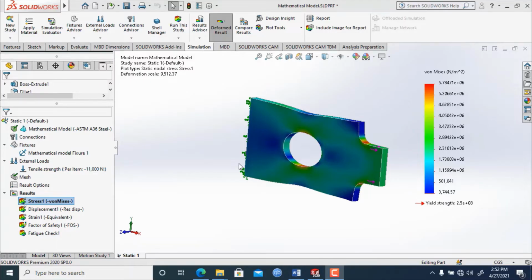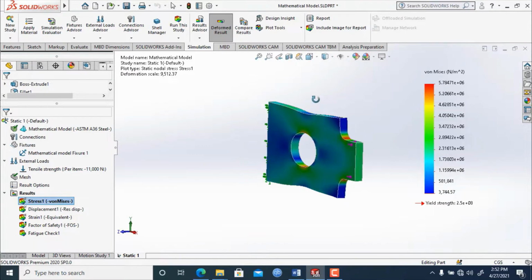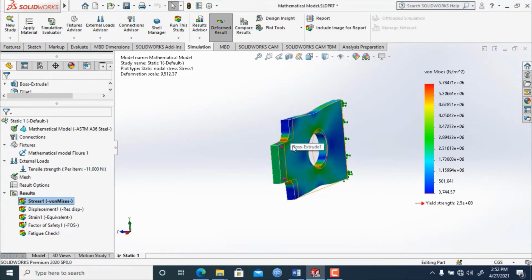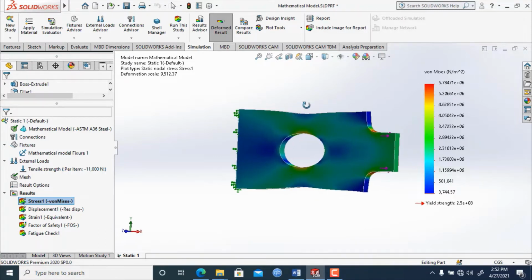So in this lecture, we will compare our stress, displacement, and other values with the values when the mesh is coarse. As we previously saw, in this model we created a fine mesh, so the values are more accurate. How these values deviate when we create a coarse mesh, we will talk about in this topic. To do this, we first need to note these values right here.